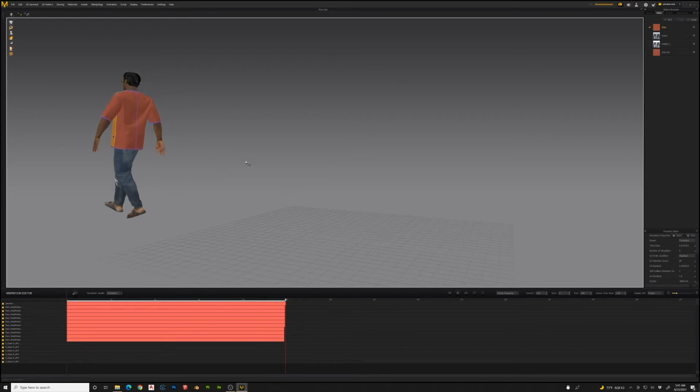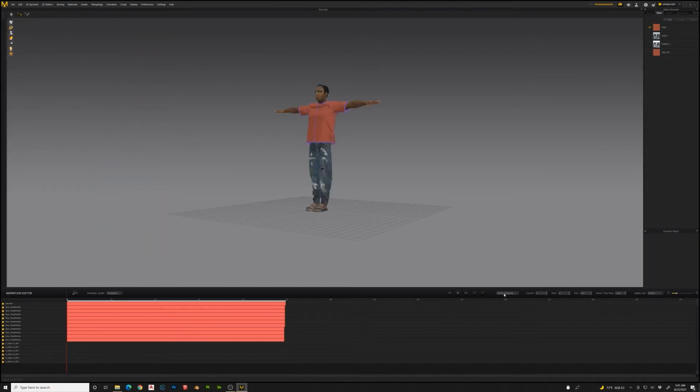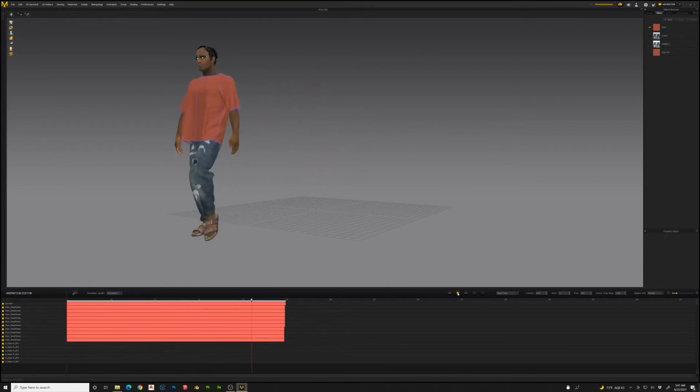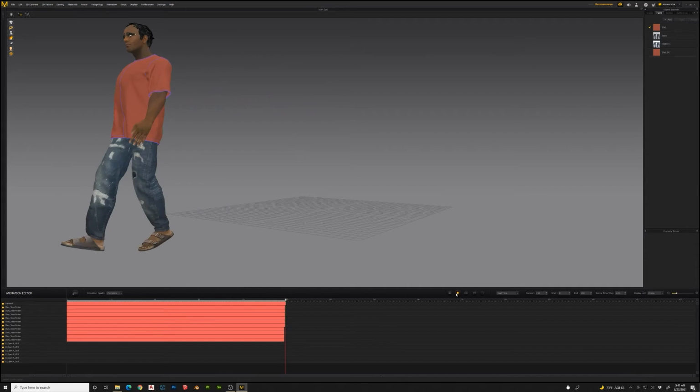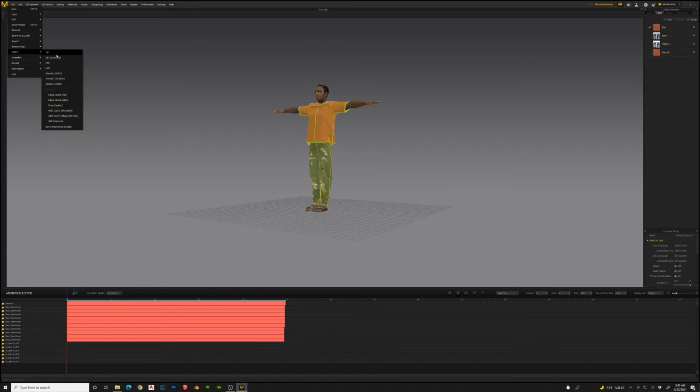All right, so cool, we finished this. Now let's just test it really quick. We'll rewind, change it to real time. There he goes. Very cool. All right, so what we want to do now is do Control A, select all the clothing there. We'll do File, Export, Alembic Ogawa,